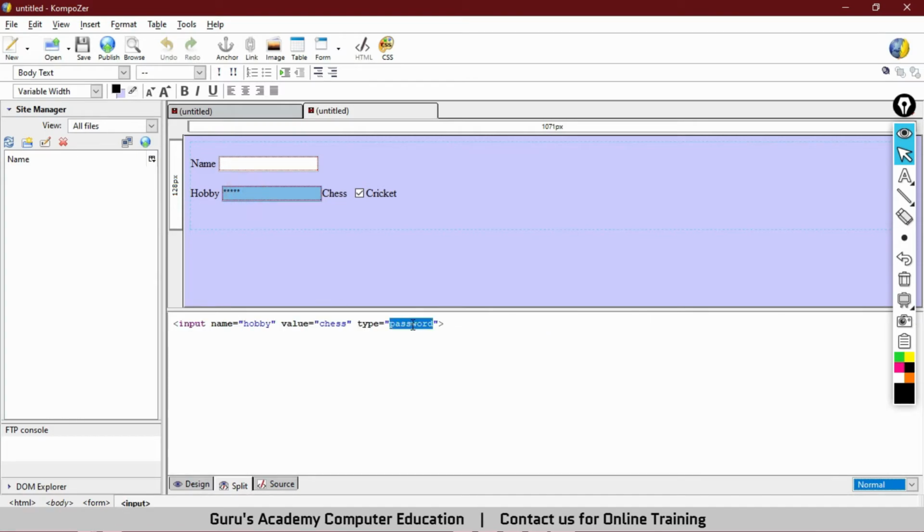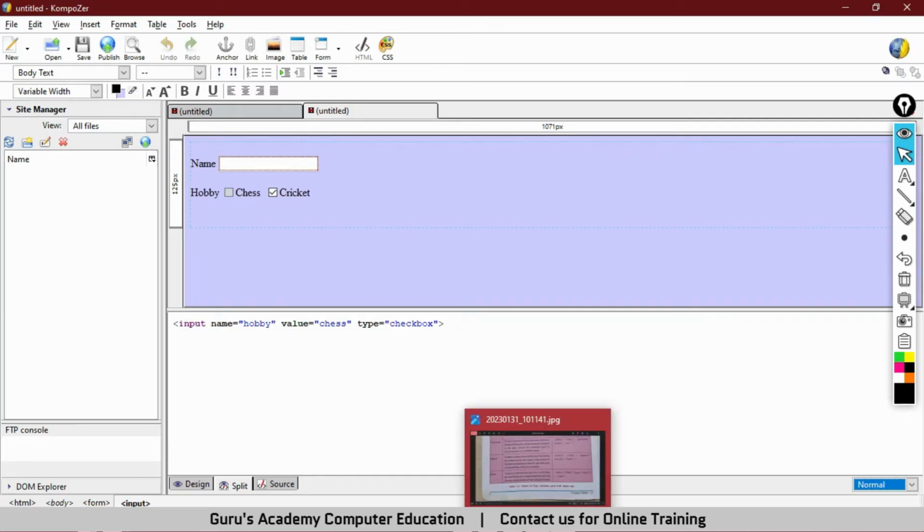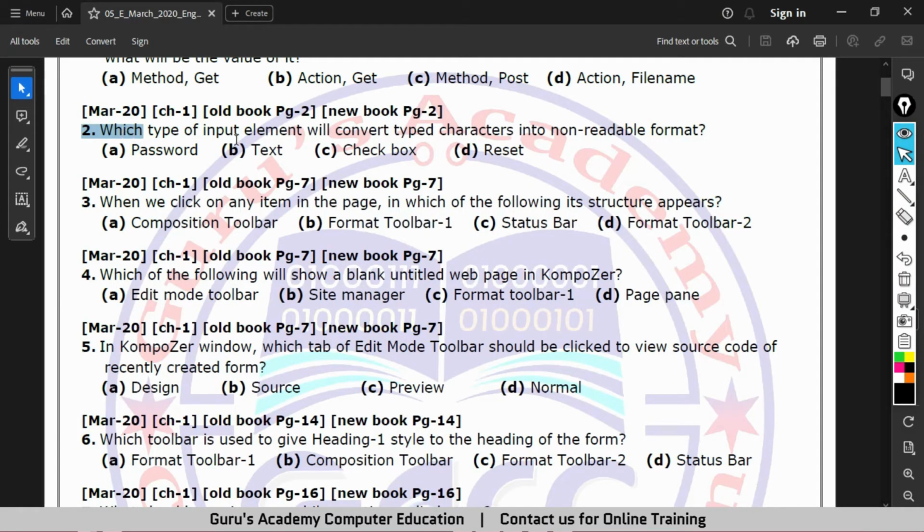So let's change it to checkbox again. So I hope now it's clear to you what are the types available for input tag. The question was, which type of input element will convert typed characters into non-readable format, and the correct answer is